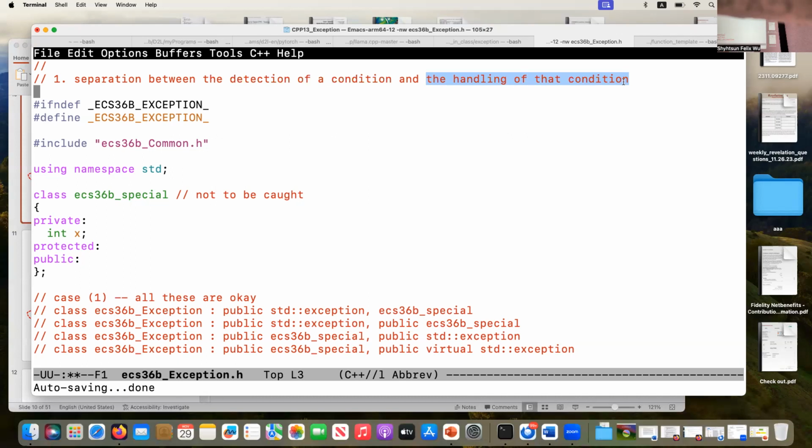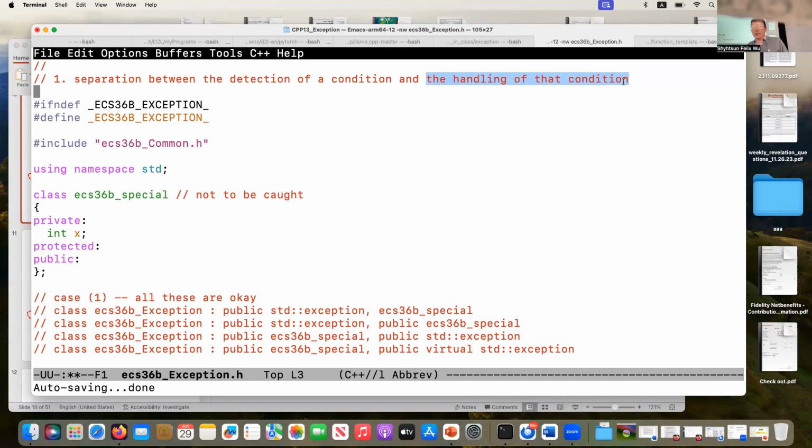What we learned about exception tries to explicitly split these 2 issues into 2 different pieces of code. So the detection must be somewhere within the try block, while the handling goes to the catch clause, and multiple of them, depending on what kind. So that is the first issue I want to make sure of, what we're trying to do here